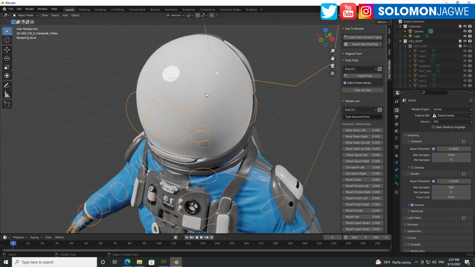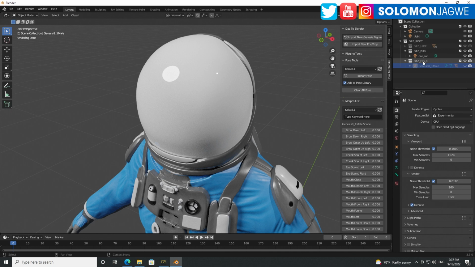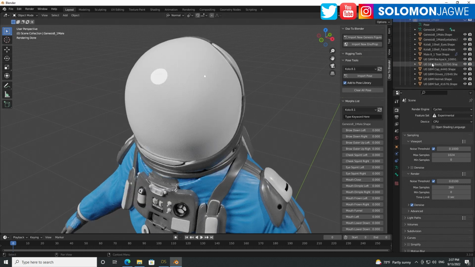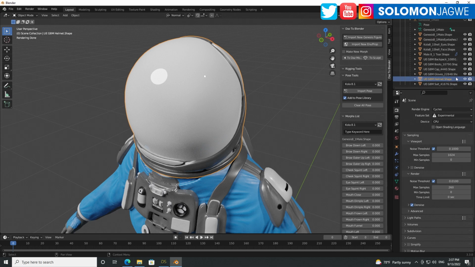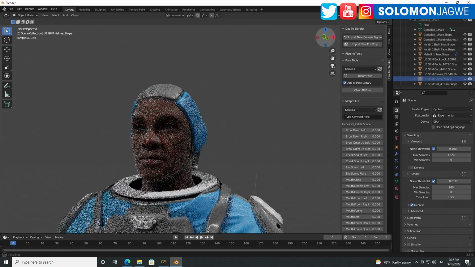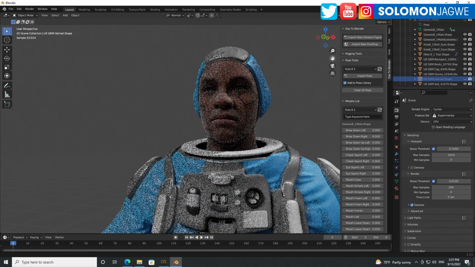So it does show it here, but if you want to see it, by the way, if you see all these controls, if you want to hide the controls, simply go to the DAZ figure over here, Genesis, and turn them off right there so they're not in the way. Okay, so now if we expand this, you can look for the helmet shape itself and we can turn it off. And in there, you're going to see our character looking really, really good.